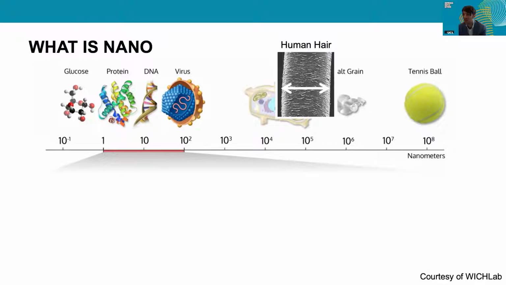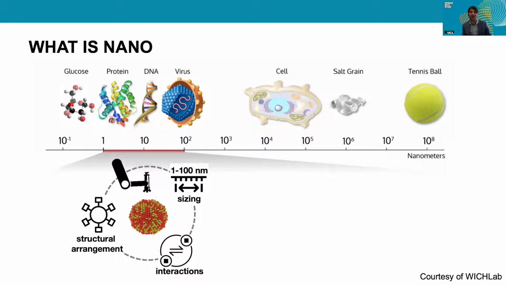Okay, so that's 10 to the power of 5 nanometers. Interestingly, though, our hair actually grows with a speed of 1 nanometer per second. So you see, again, we are having the nanoscale, even in our hairs, when we look at the speed of the growth of the human hair.